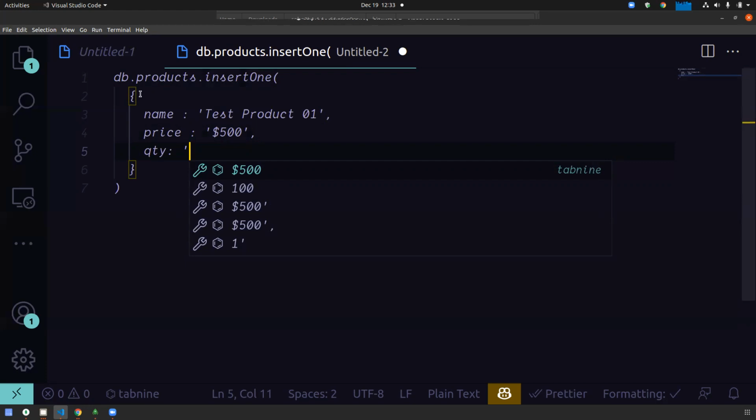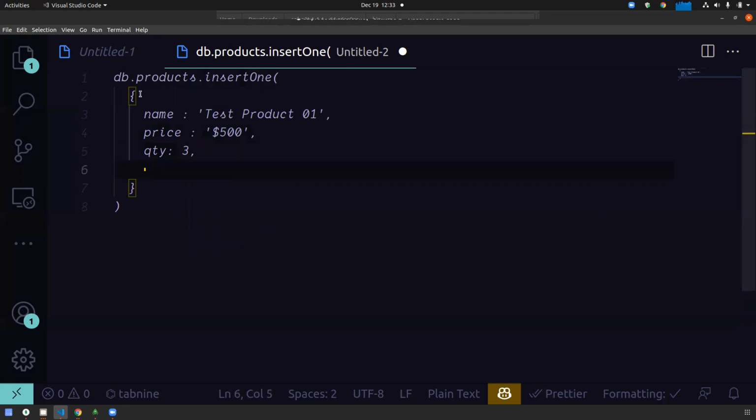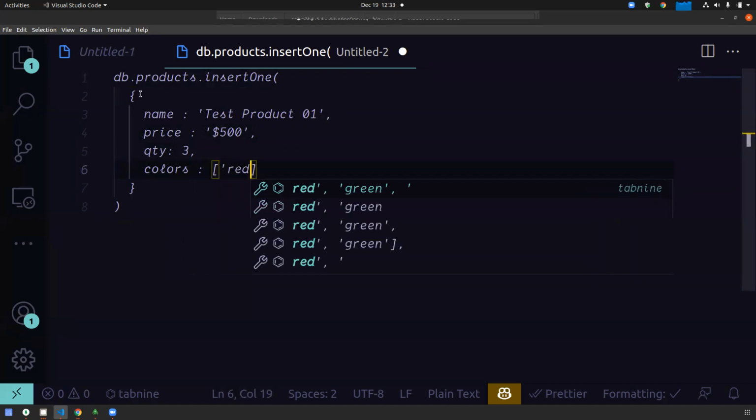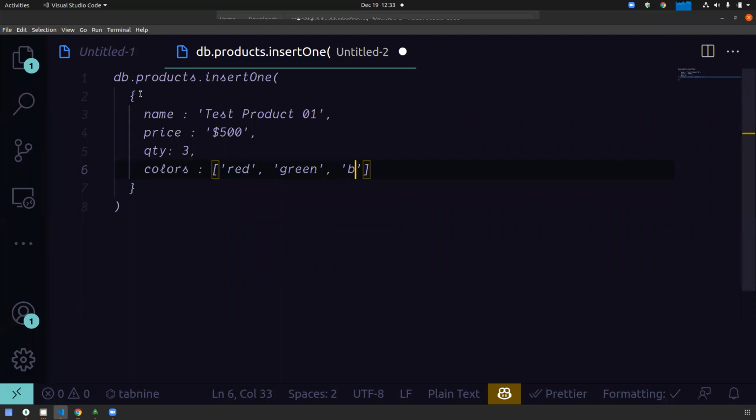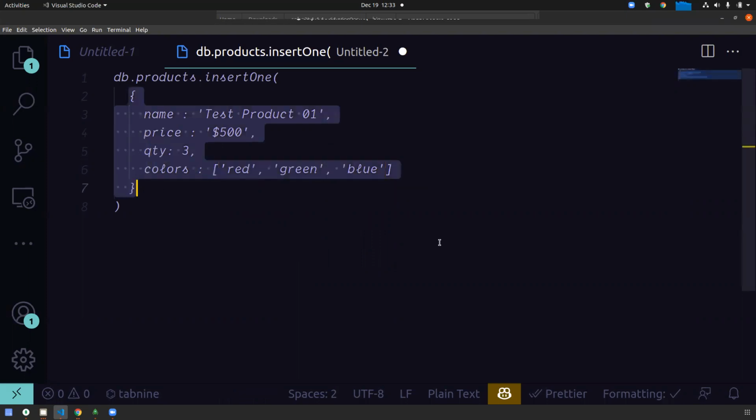Quantity I can give like 3. You don't have to give quantity as a string, right? And another is colors. This will be an array, like red, green, blue. These three colors are available for this product. So that way we can store product information in a database.